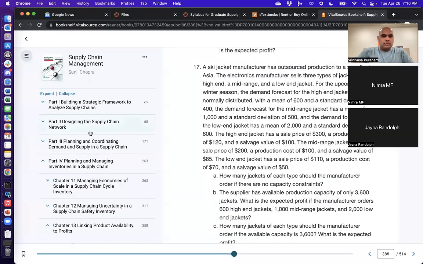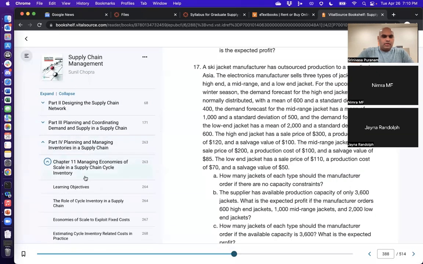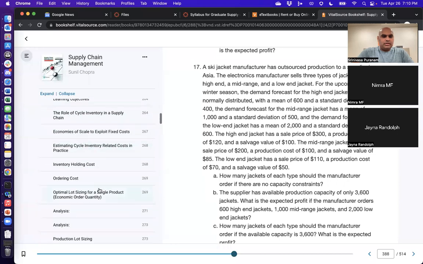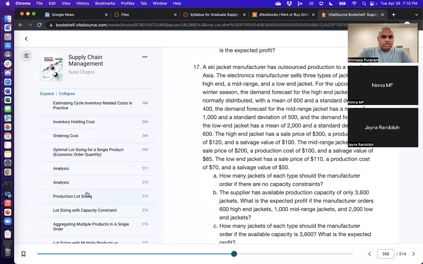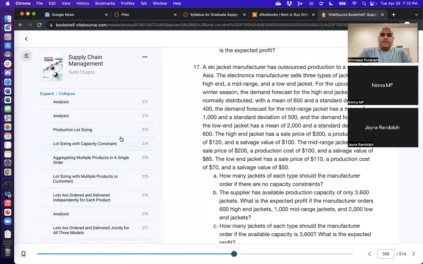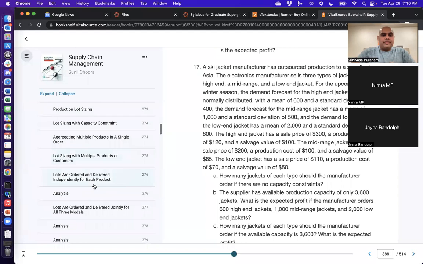In chapter 11, apart from the basic EOQ model and the production lot sizing model, we didn't do lot sizing with capacity constraints, so I'm not going to do that. We did aggregating multiple models into a single order, and then we did